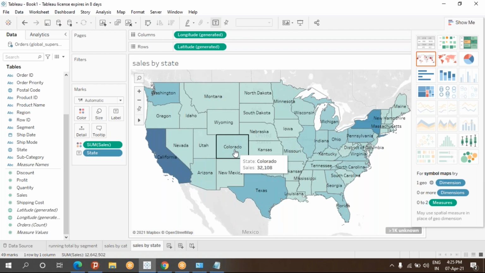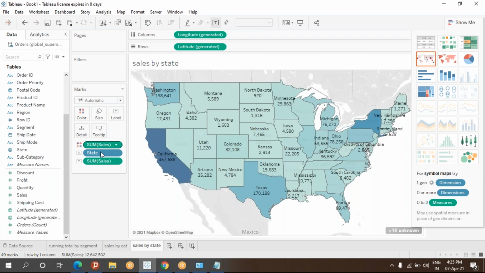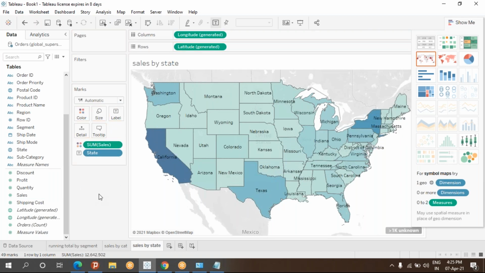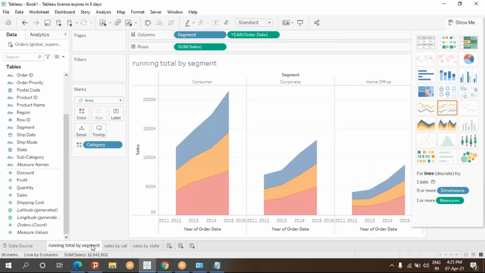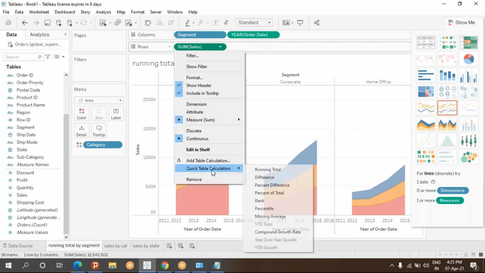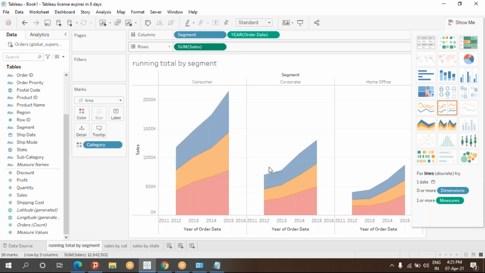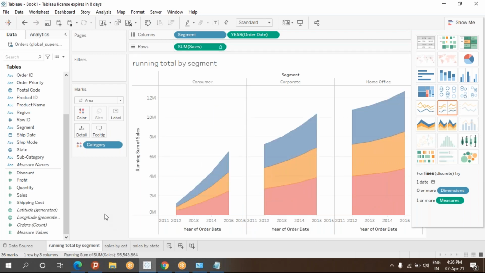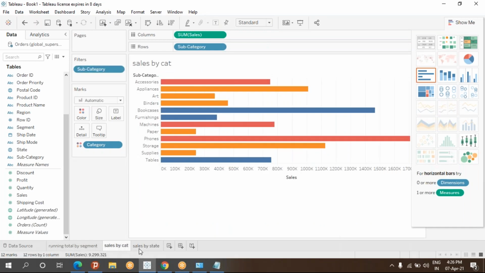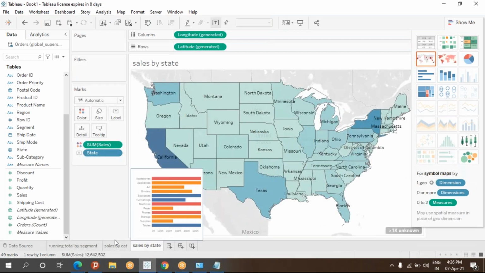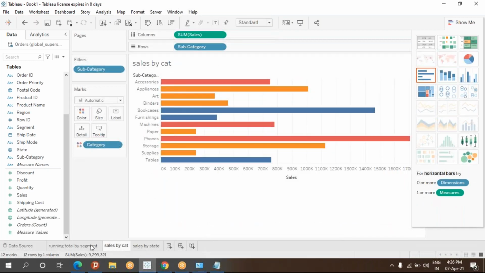Sales by state. If you want, you can take the sales and drag it into the label, so we'll get how much it is. But I don't want it now here. We'll take that later. So this is fine. Make sure you have created all these three sheets now. Running total, we are still pending here. We are not yet showing the running total. So just click on this arrow mark on the sales, pick table calculations, and then take running total. Fine, this first sheet is complete. Sales by category is over, and sales by state is over. So clear? Creating these three sheets.